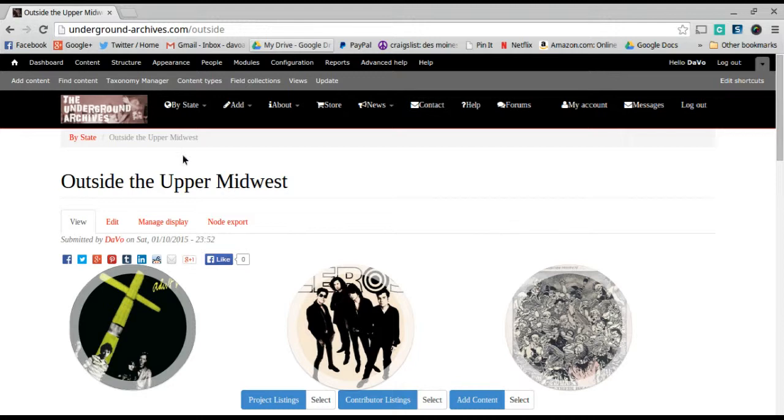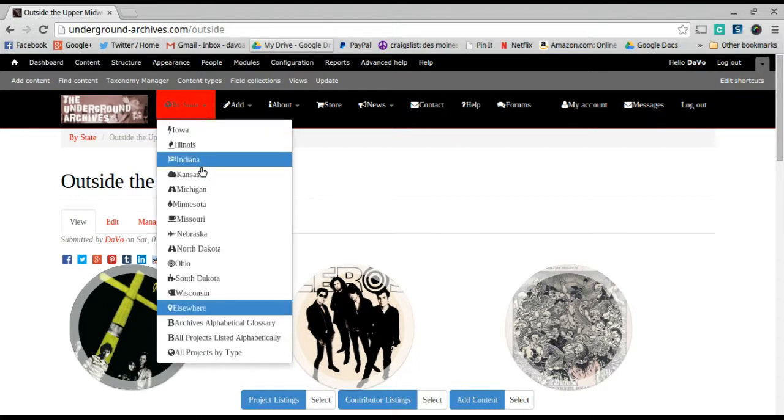screen. Just to give you a basic rundown on the top bar for the navigation: we have the Underground Archives logo, which will always take you to the home page. State, if you click on it, will pull down a drop down that has all the different states and also tells you where you're at. At the bottom is some site-wide versions, which I'm still working on